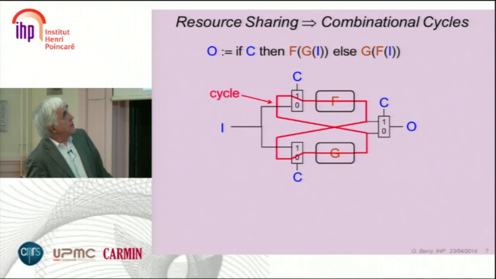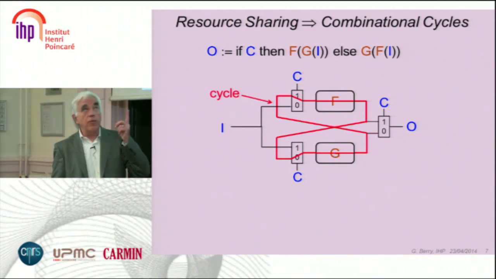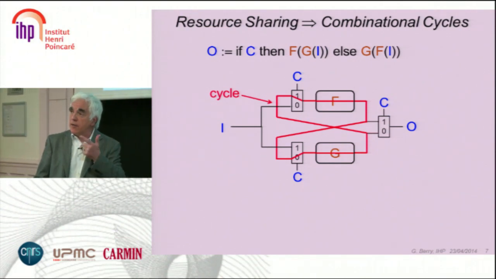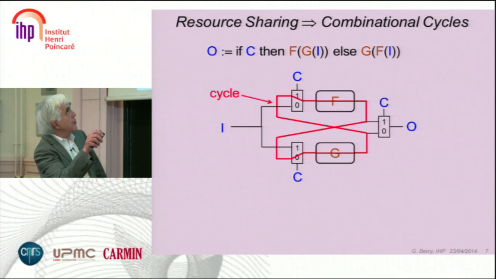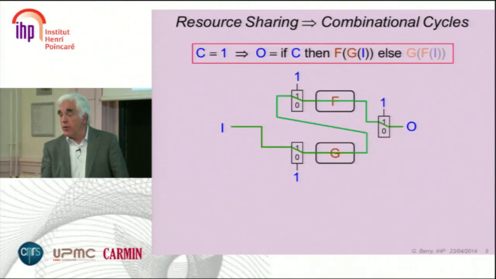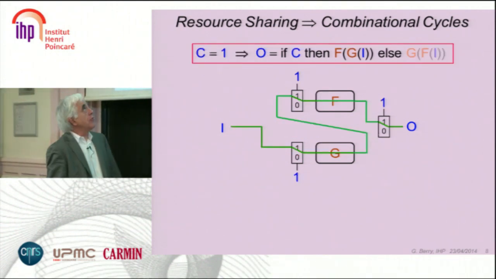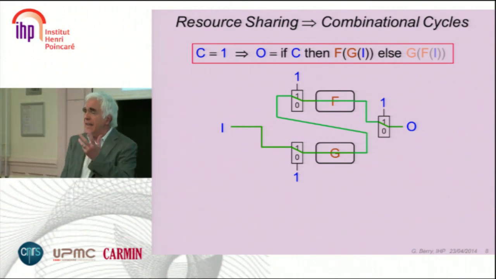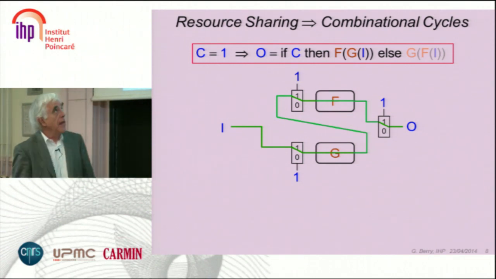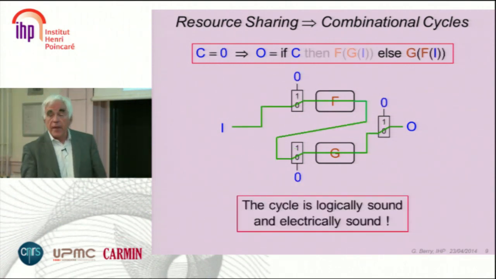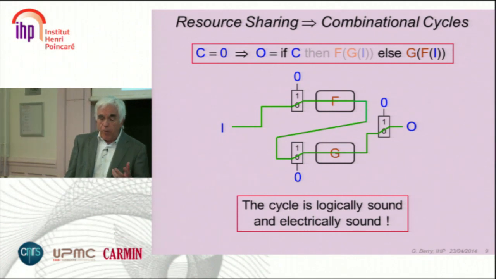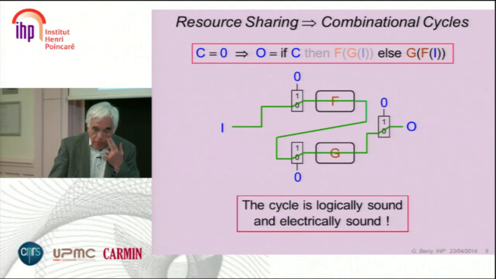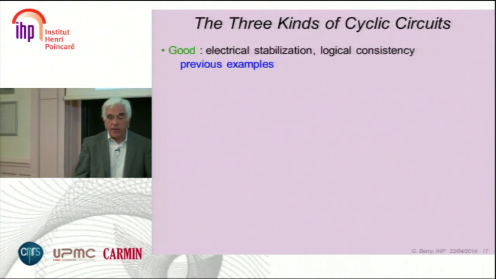So what is good in this design is that there is a condition C that will tell which way the switches, the rectangular switches here, are taken. And so, for example, if you put the switch command to 1, it takes this path, which is exactly the same kind of path as in a cyclic circuit, and otherwise it takes this path. So this cycle is no problem because it's cut electrically, logically, and so on. And so the problem was to detect when that was the case.